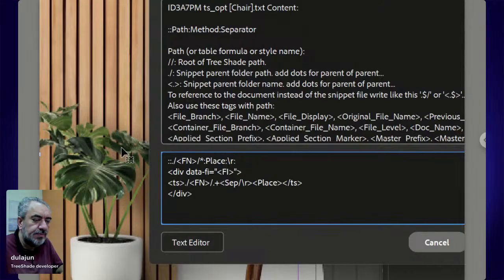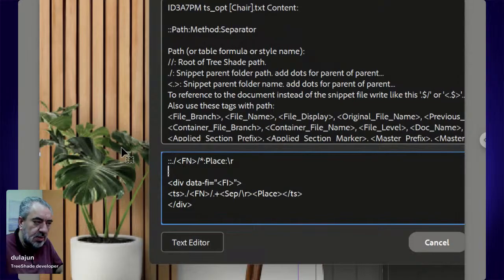Before the colon, click enter, add double colon again here, add, let's say we want the photo to have width 100%, so you can write 100%